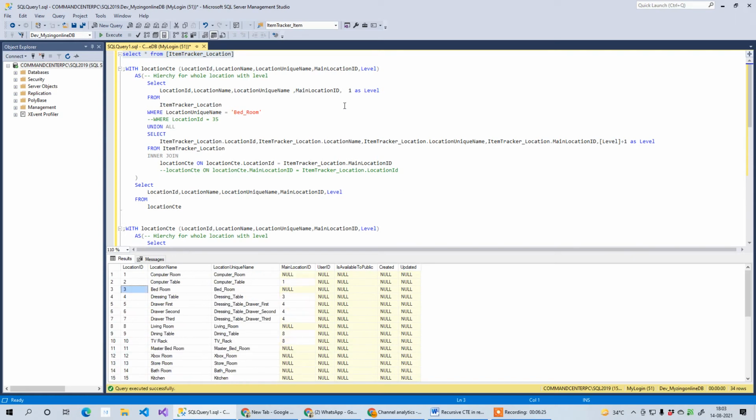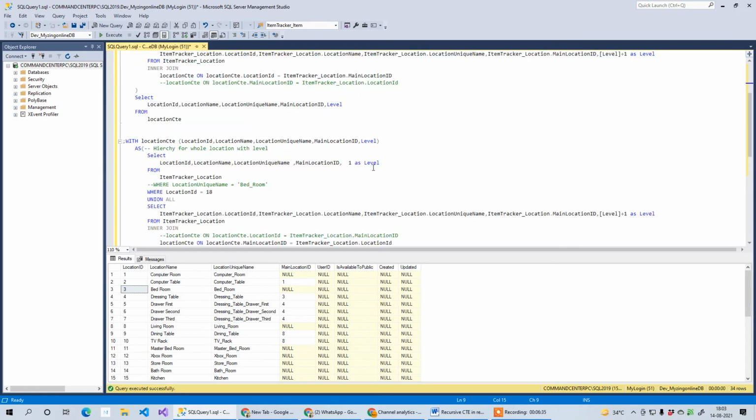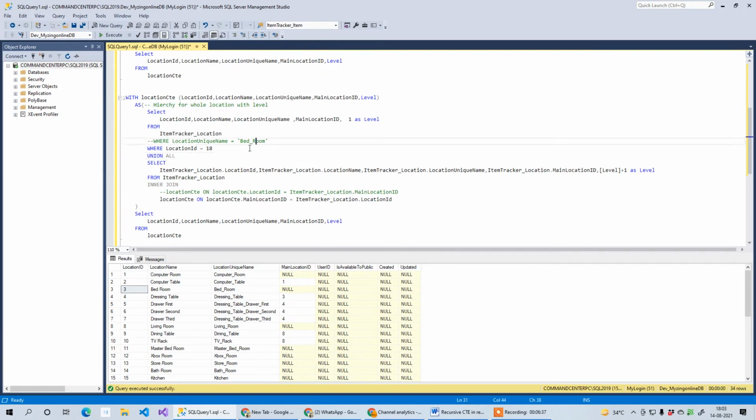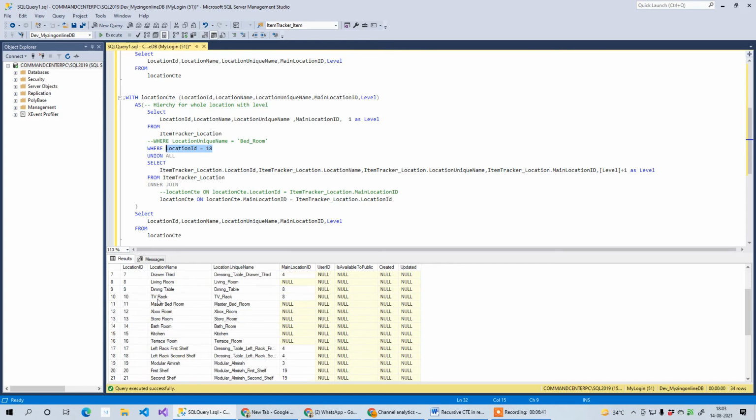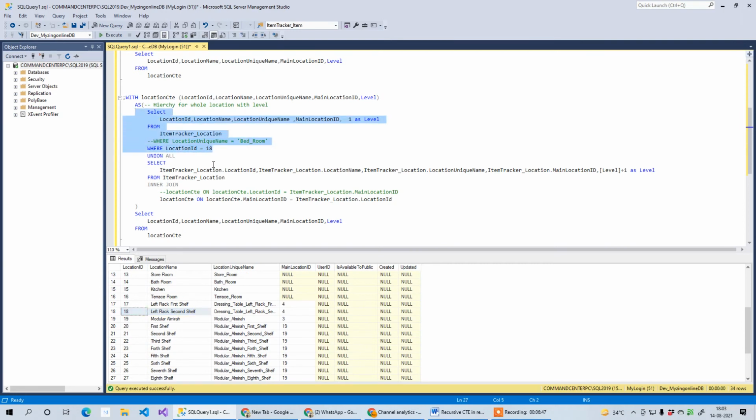So what I have made the changes is, here I was doing a bedroom, I was creating an entry point for bedroom, but in new I'm using location 18 because I need to do a reverse CTE from 18. Okay, so that will be our return point.